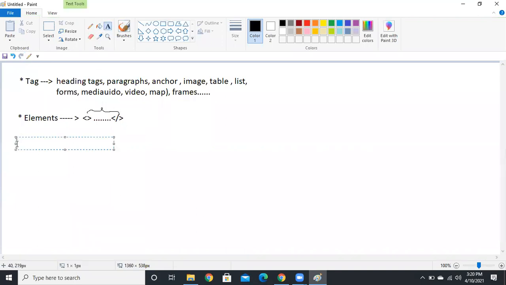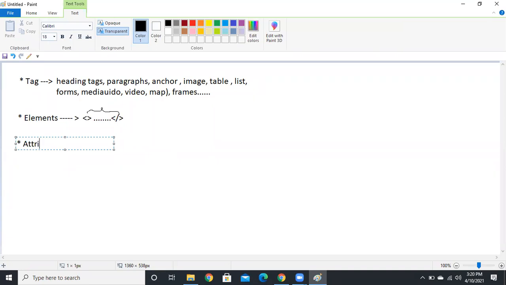And next we have attributes. Attributes give additional information to that element or tag. Yesterday we discussed the style attribute and direction attribute, right? In links, for the anchor tag we use the href attribute, and for images we have src.